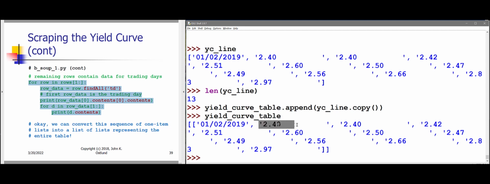We need, for example, if we're going to do arithmetic operations or statistical analysis or plotting or whatever of these interest rates, we're going to need to convert this string into a float, and we're going to need to convert this string into a float, and so on. And that just means using the float conversion function on each one of these values. Okay, so there we are. It was a bit of hackery, but hopefully that